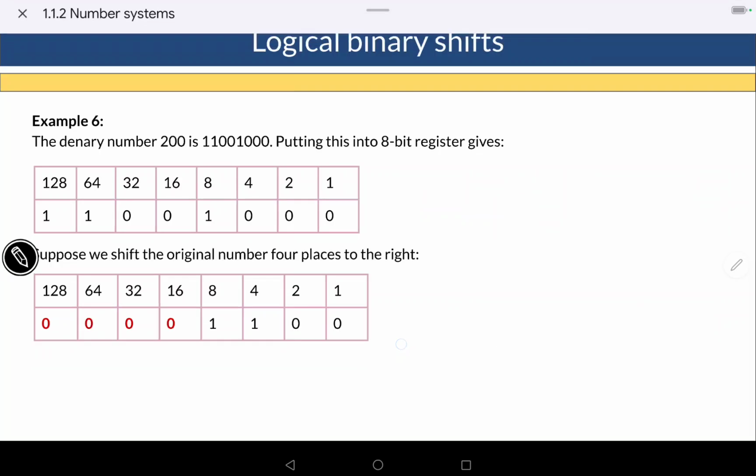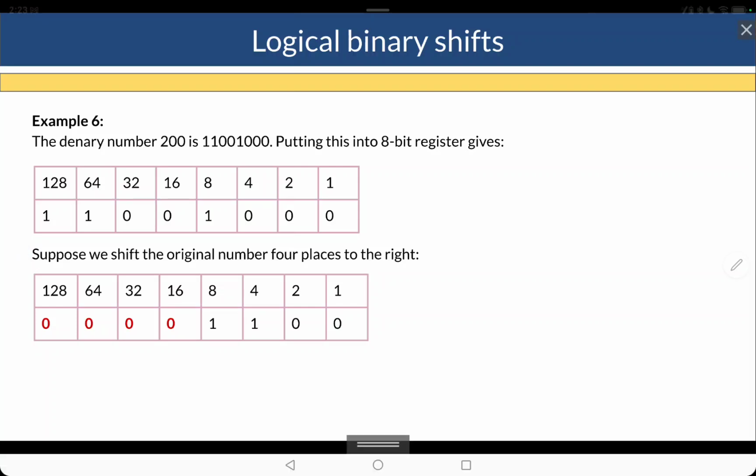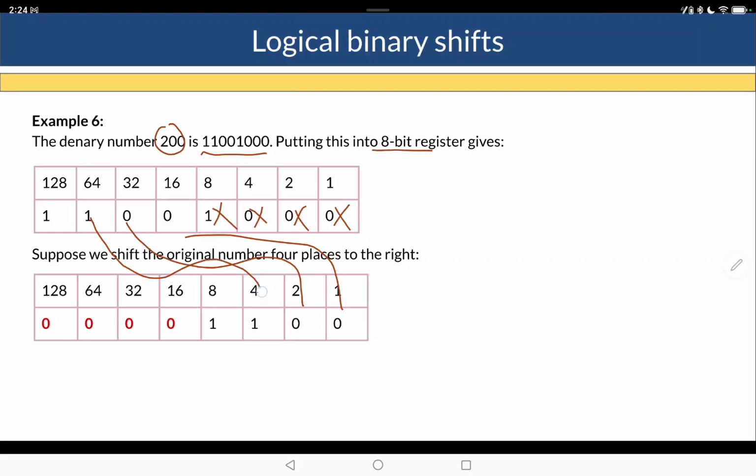Now let's look at another example. When we are shifting binary digits, there's also a limitation, especially when we are using an 8-bit register. Now look at this denary value, which is this in binary. Let's shift this value 4 places to the right. If we shift 4 places to the right, that means we're going to lose 1, 2, 3, 4, and then we have this 0, this 1, and this 1, and then the empty boxes